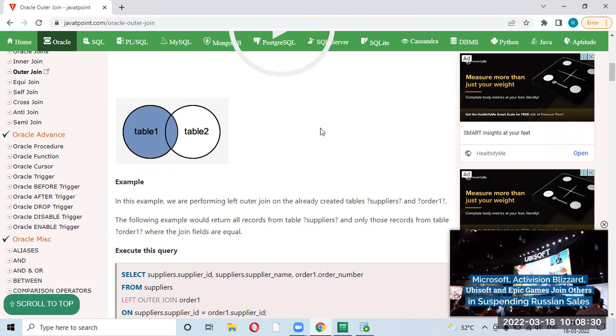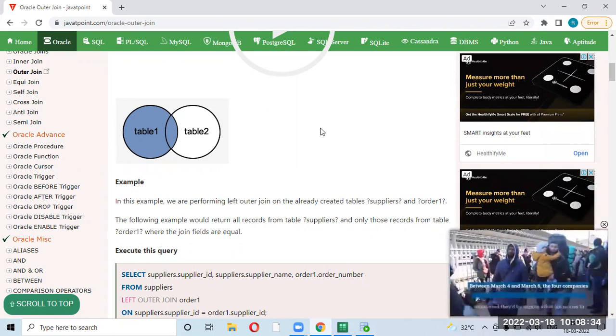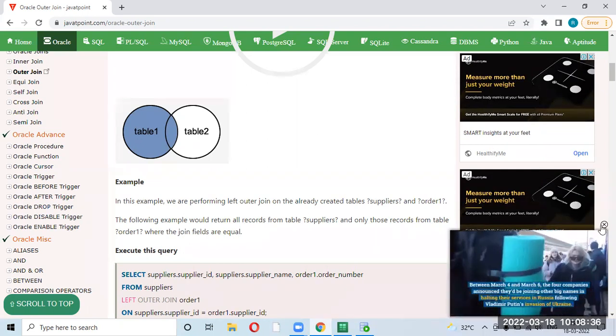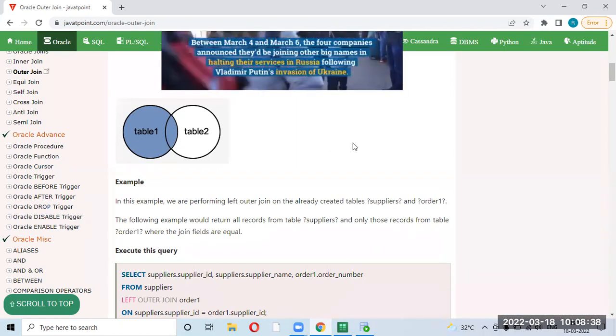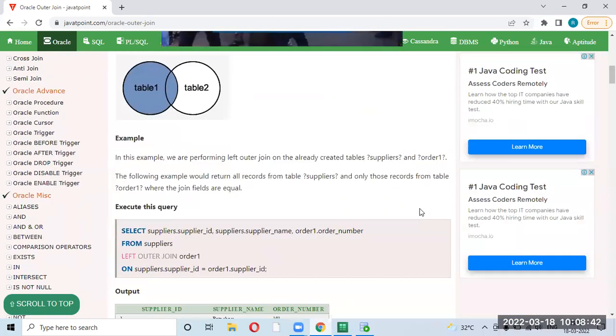Nikita, can you try? I think it will show the unique records which are in table one, and also the similar records which are in table two also. Not only unique records, all the records in table one and all the similar records which are there in table two as well.